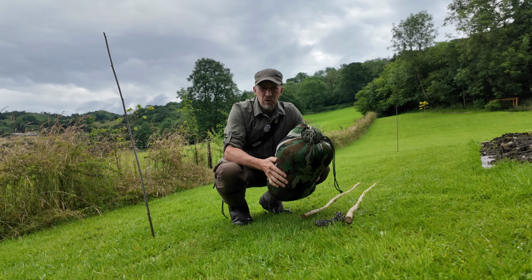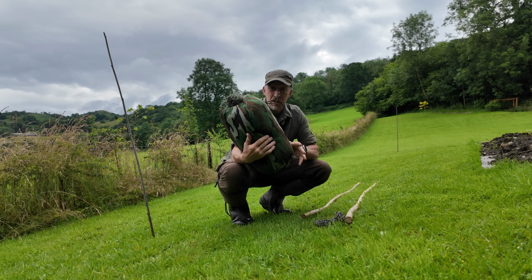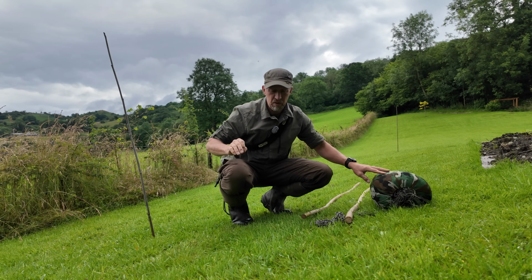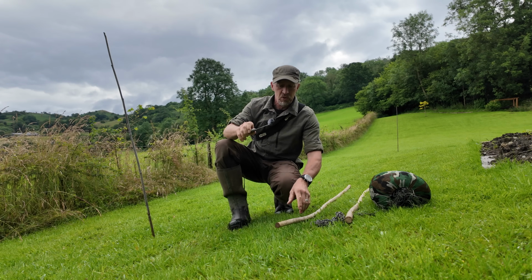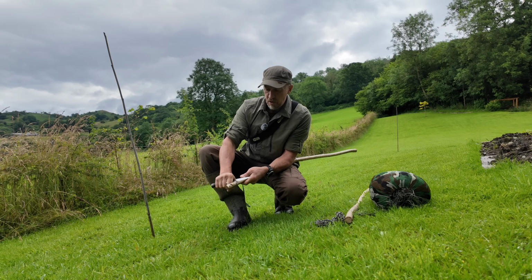And some concealment. I've got my scrim net and my ghillie leg covers. They're still on my Lagopus chair, so on this one we're going to use a ghillie blanket. Again, perfect for this job. So our two hazel shanks, or whatever we decide to use, all I'm going to do is put a bit of a